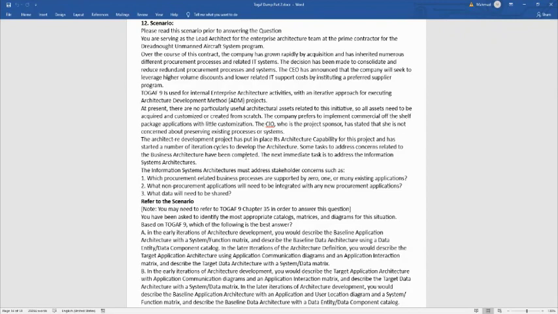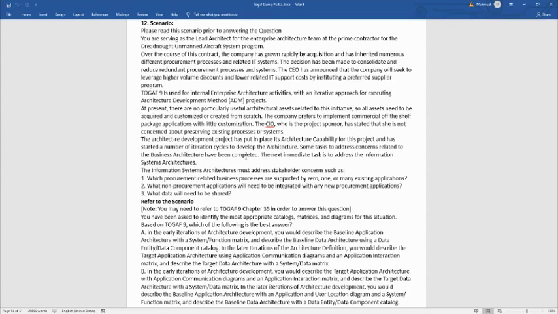The company prefers to implement ownership of the self practice implementation with detailed customization. The CIO is the project sponsor. The architecture development project has put in place its architecture capability for the project and has started a number of iteration cycles to develop